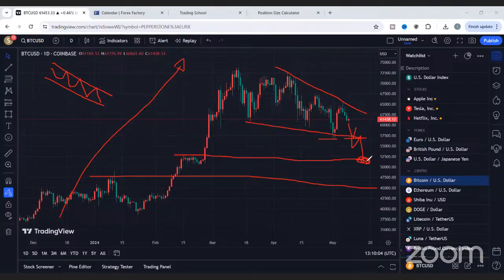This area here is around 52,500, 50K, or it could push back higher to this place. One thing that I actually like about this chart I'm seeing now is the fact that it is making some nice lower highs over here. This point here, and then this point here. So if it drops down and it comes back here, it could make another lower high, and then drop down.